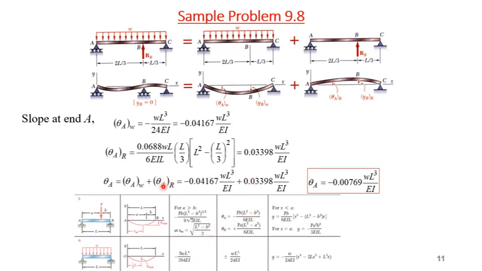And by adding those, theta AW plus theta AR must be equal to slope at A. So when we put the value, we have minus 0.00769 WL cube by EI. Now using this, you can find, using the method of superposition, the reaction for a statically indeterminate beam, and also you can find deflection and slope at different locations. But you have to follow the compatibility condition, and similarly you can solve statically indeterminate problems as well. Okay,